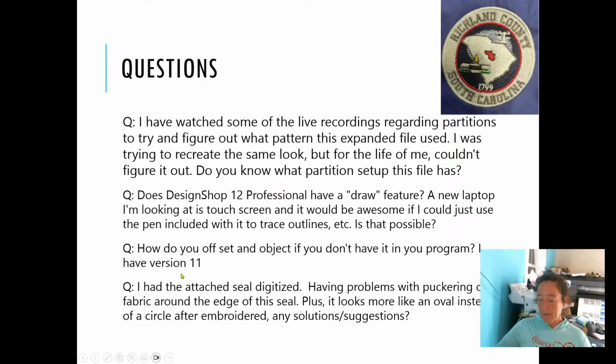All right. I attached this seal. I'm having problems with it puckering around the edge. Plus, it looks like an oval instead of a circle after embroidered. Suggestions. All right, so the ovaling